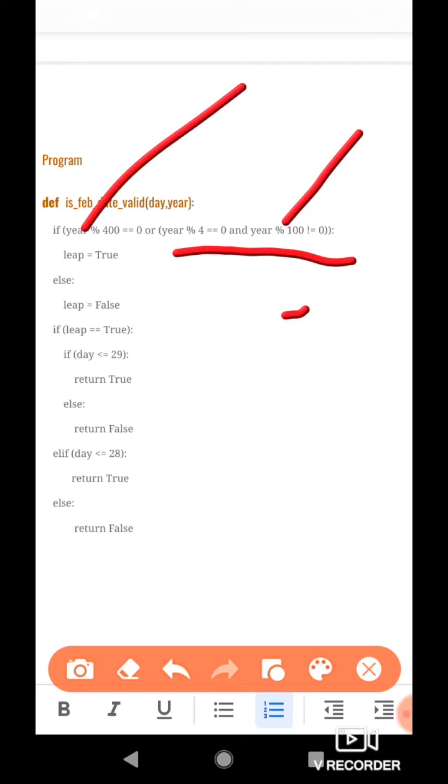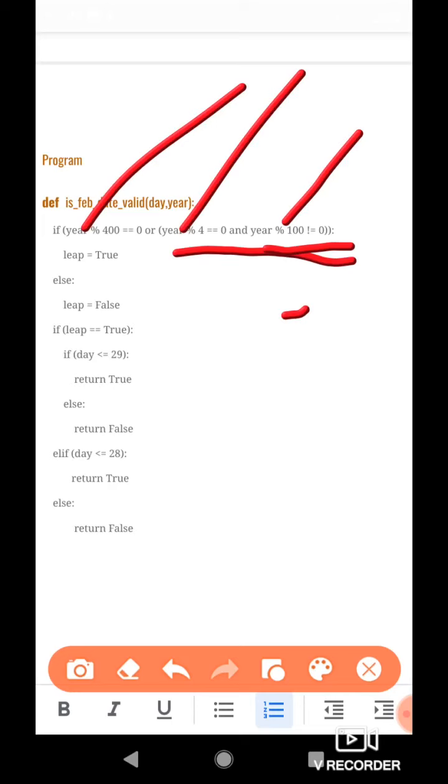Centenary years have been handled in the first sub condition. Now, having made sure that the year is not centenary, we proceed to check whether the remainder with 4 of the year is 0 or not.